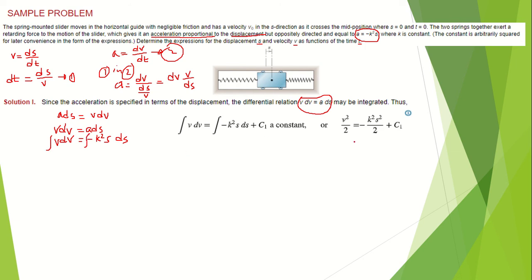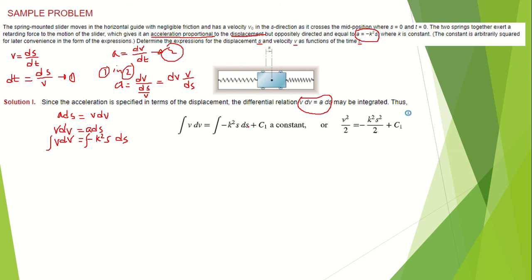From here, if you are going to simplify this, applying the formula for the integration, the power here is 1, so 1 plus 1 is 2, that's why you have v squared, then divided by 2, because you have v to the n plus 1 over n plus 1. All right, equal to